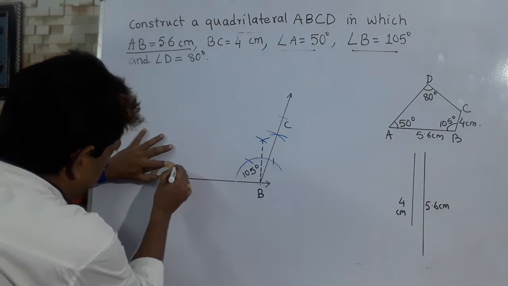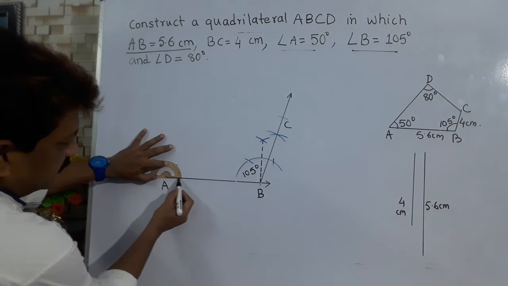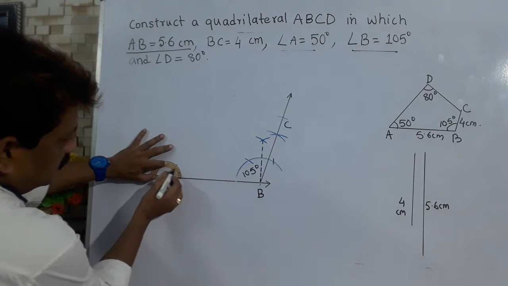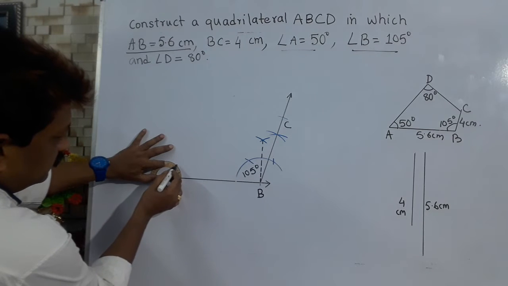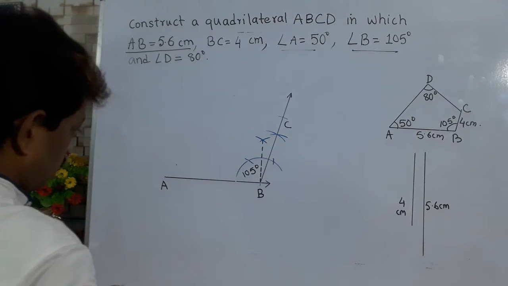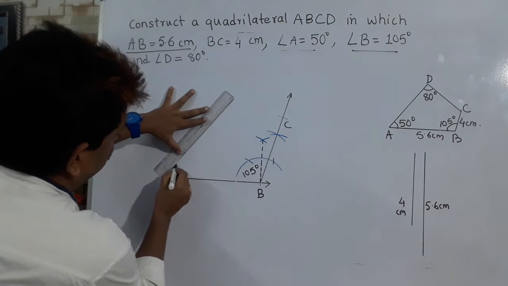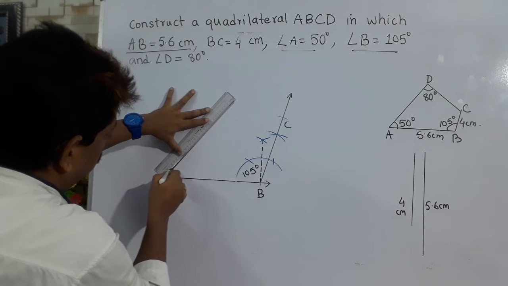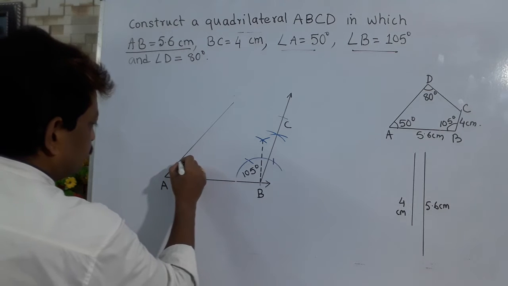This is 50 degrees. As you know, since I am using the line on the right side of the protractor, the 0 on the right side will be the starting point. So we have to use the scale from the right side. Therefore this is 50 degrees. Now any arc is to be drawn. A line is to be drawn whose angle measurement is 50 degrees here.